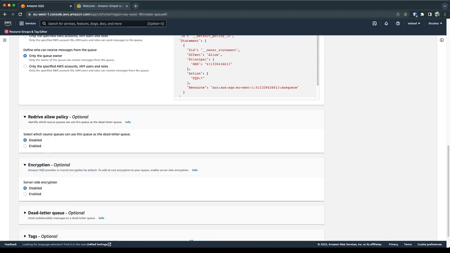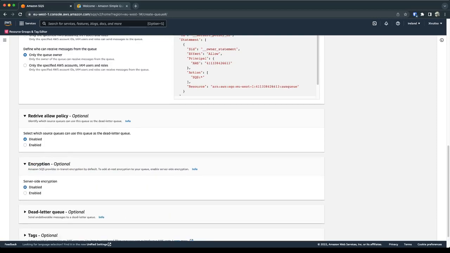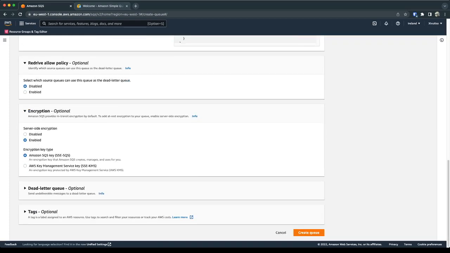And of course, we also have encryption. This is encryption at rest. Obviously, if you are using HTTPS, all the messages are encrypted in transit. But for encryption at rest, you have two options. You can use Amazon SQS key. This has also been recently added. Before, it used to be only SSE KMS key. When you're using